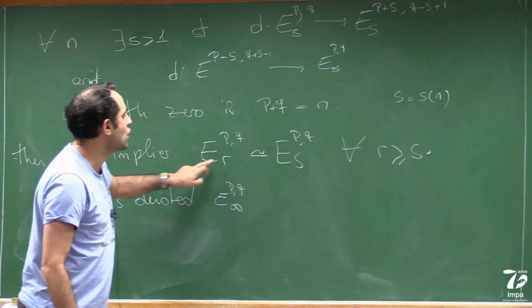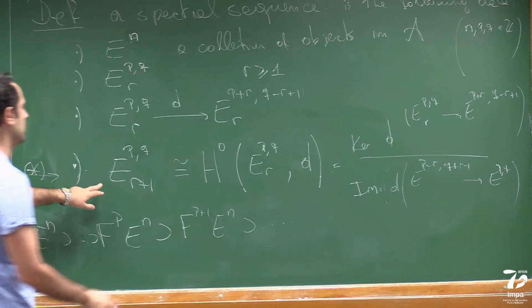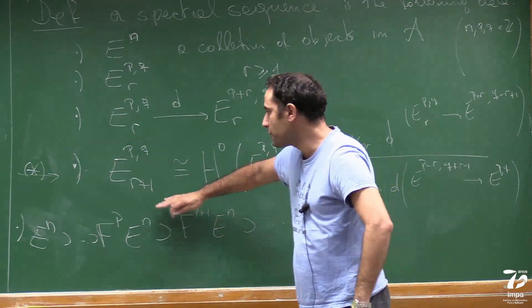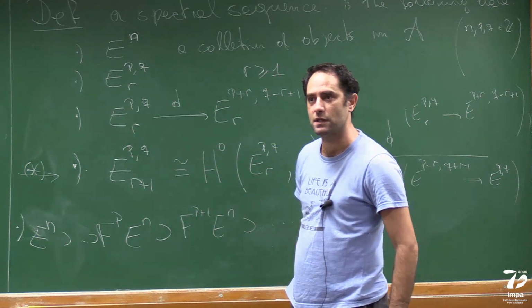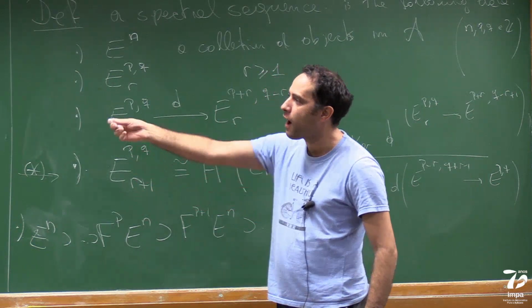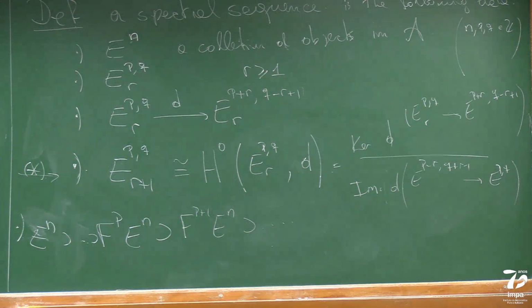Notice that there's no choice here because this is part of the data. This isomorphism is part of the data. So I can identify all of these groups by that isomorphism, which is part of the data, and I get that object, which is the C infinity, which is just any of these E_R for R bigger or equal than S. So the last condition is that E infinity,